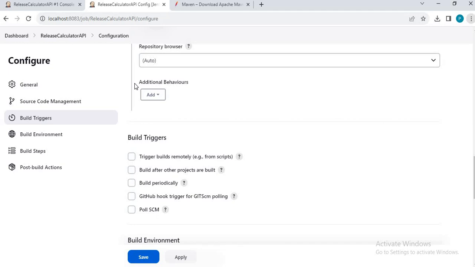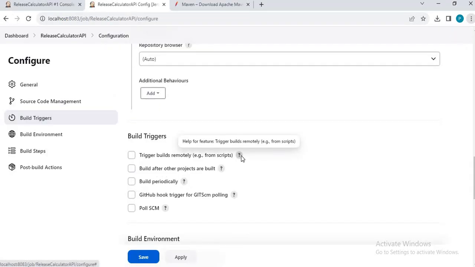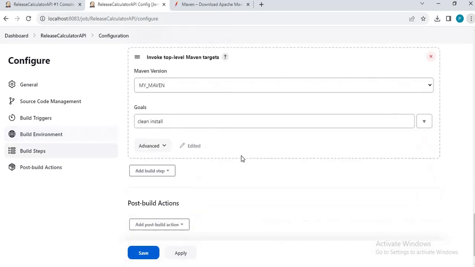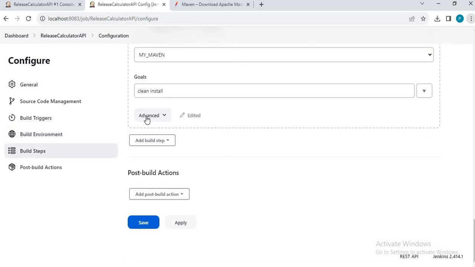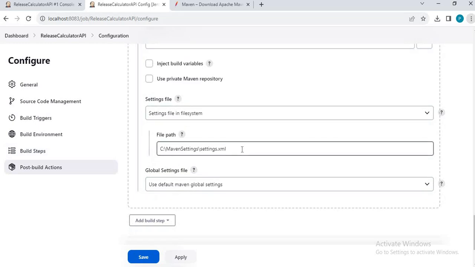But we can ask Maven to use our own settings XML, and that is what we did here. In the advanced section I have provided my settings XML location, so it is using this settings XML now, I mean the settings from this as well as the settings in the default settings XML. It's like an additional settings file.